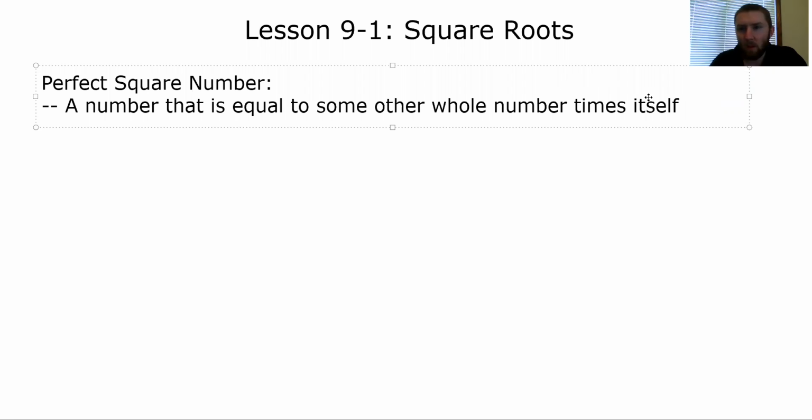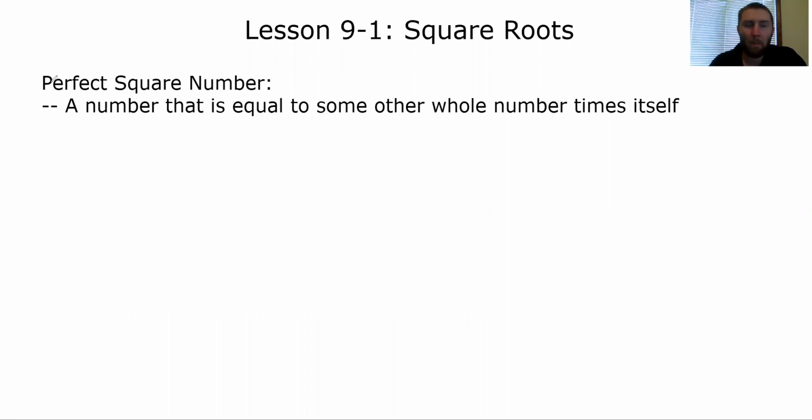Today we're going to be talking about square roots, okay? Finding square roots of numbers, what numbers we can hopefully pretty easily find the square root of, possibly using a calculator. And then in subsequent videos we'll talk a little bit more about some different, more interesting things about square roots. But for today, we're going to start with talking about and making note of the idea of a perfect square